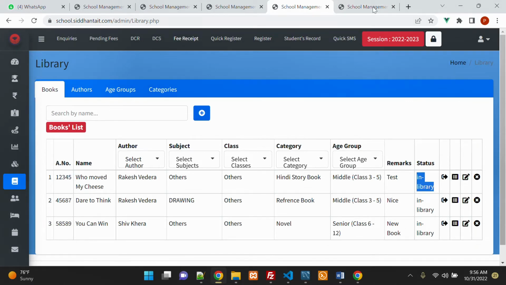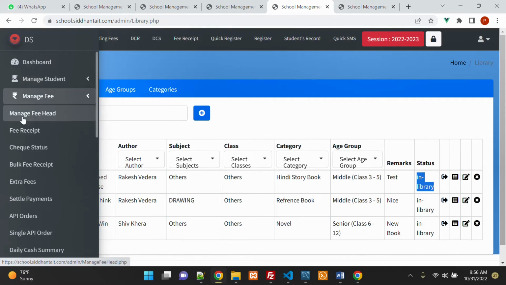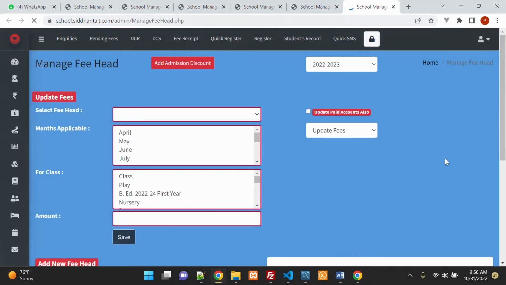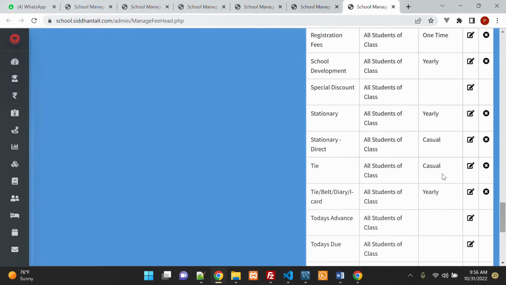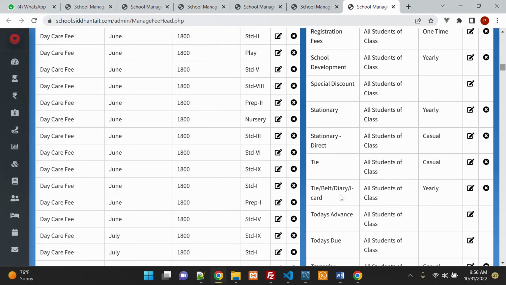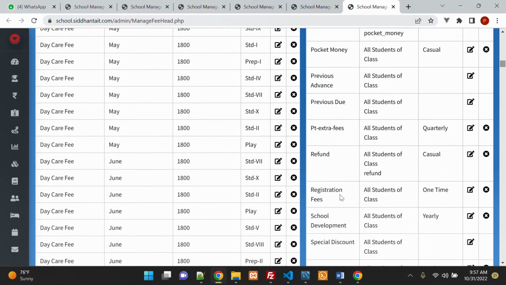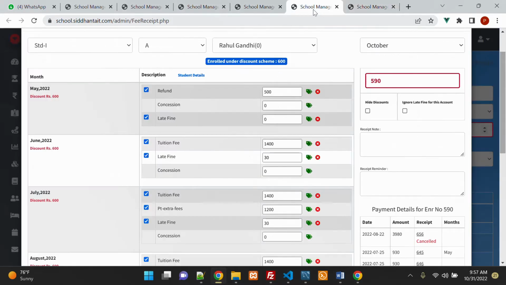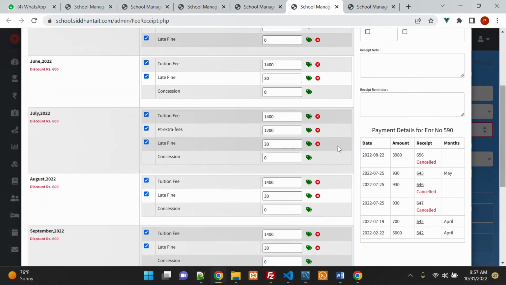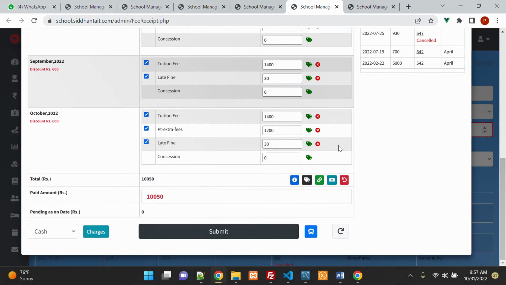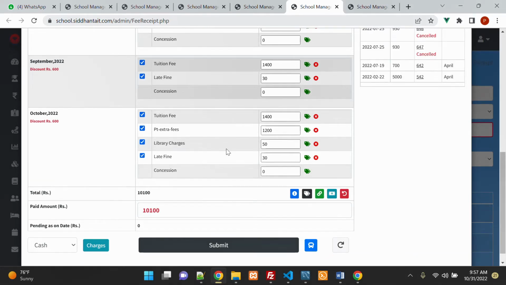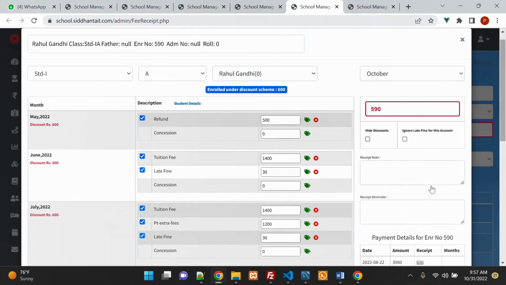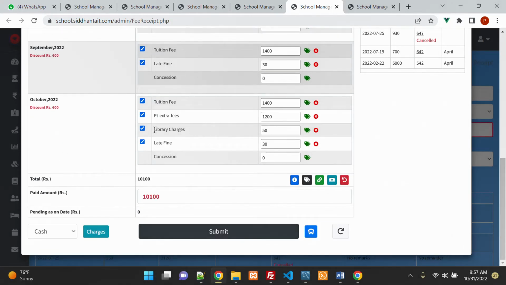So manage fee head, is library charge available or not? A B C D, it's already available, but it's not showing in the month of October. It's October. Okay, it's showing. Sorry, I needed to refresh the page, and it's now showing library charges